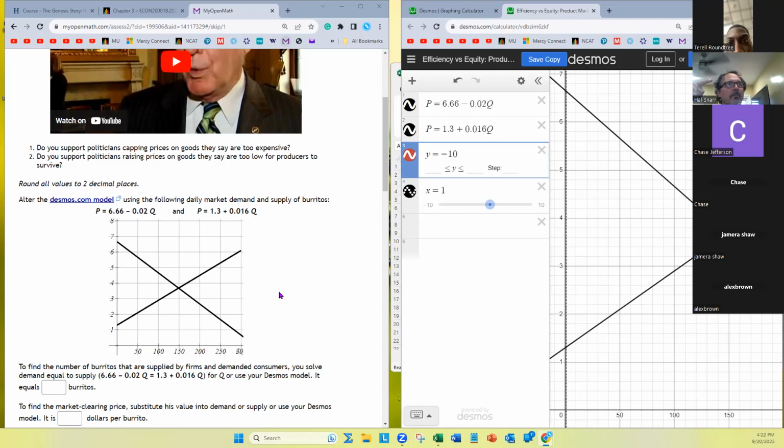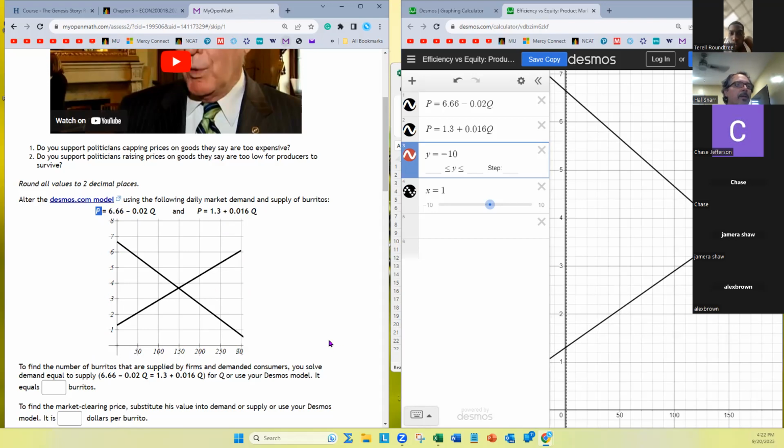So in this particular model, we have the demand, which is modeled by this equation, and we have the supply, which is modeled by that equation. And because price is on the left side of the equation in terms of Q, the price axis is the vertical axis. It's on the left of the numbers that are shown on the horizontal axis. So the horizontal axis is Q right here, right?